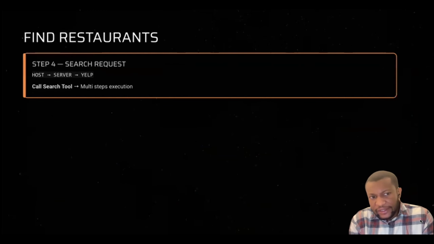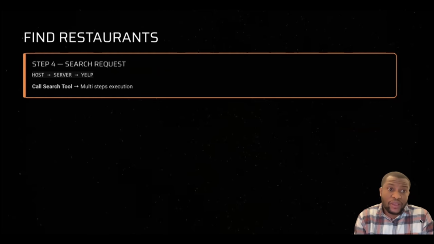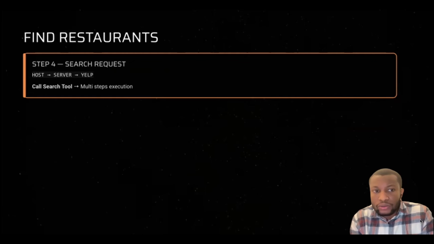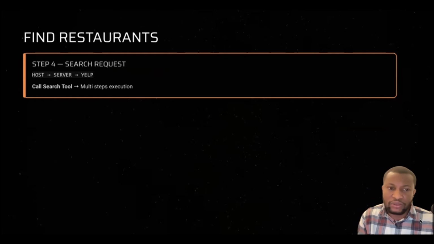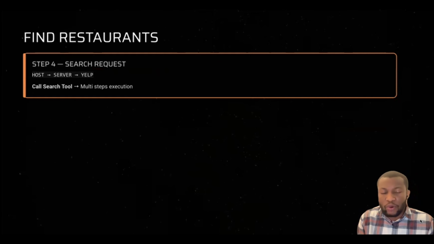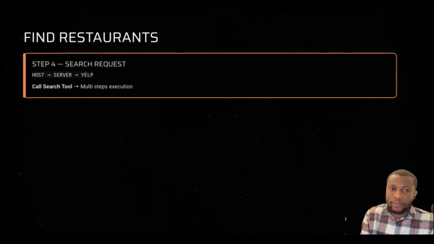Now that the agent has the user's data, that's the assumption at this point, it can actually trigger a search request, like, oh, invoke the MCP server tool for searching for restaurants. It maybe will provide it with the lat long of the user and all of that. But the question is, what does the MCP server do from this point? Because there are a couple of things that it needs to put into perspective. It's not just searching for restaurants, it's searching for top restaurants,